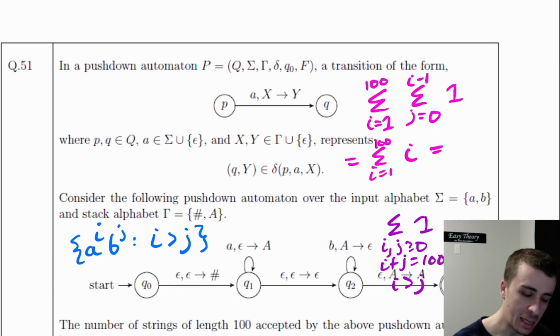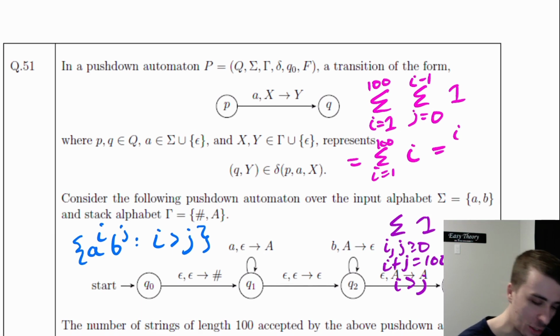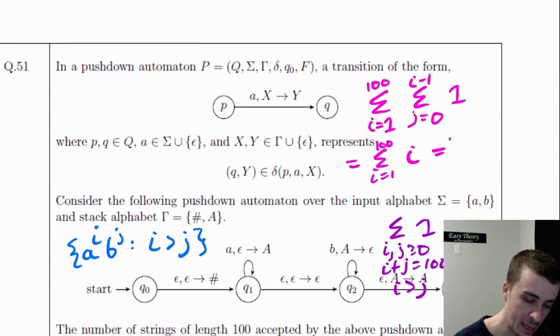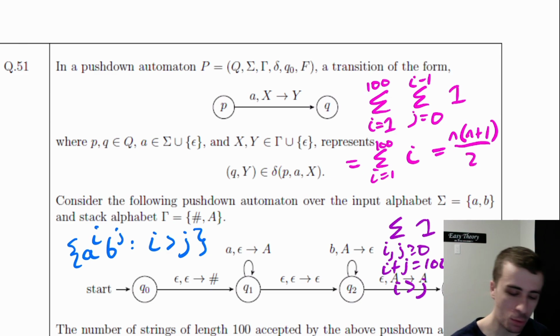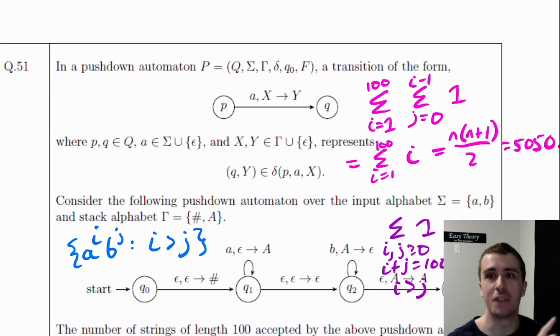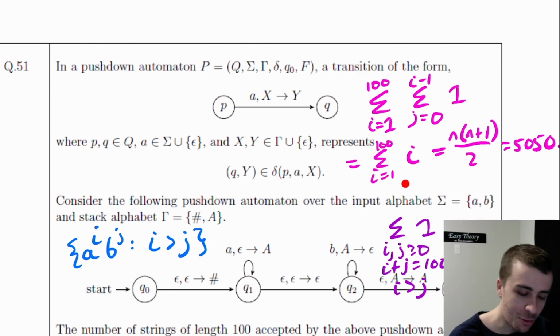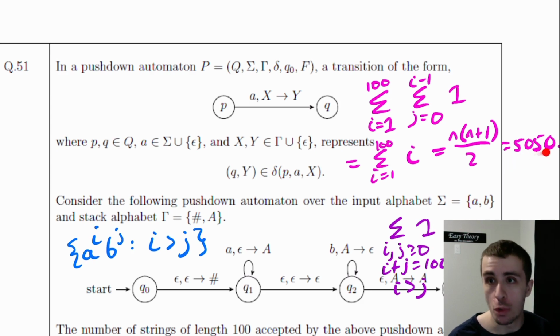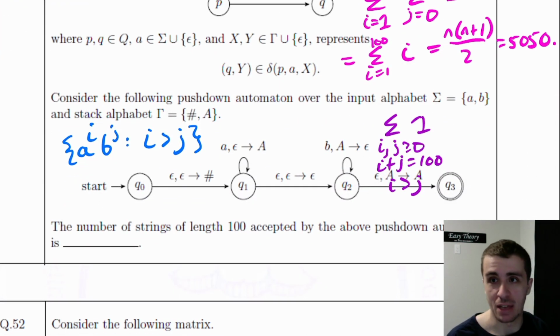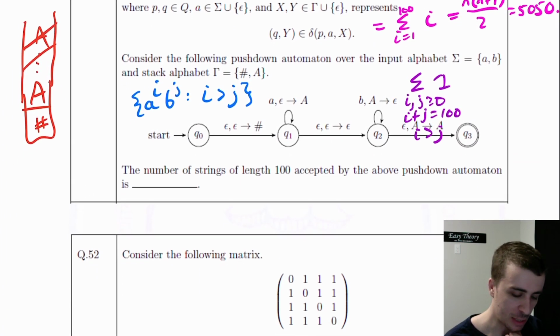Yes, that's just I. And then adding 1 to 100 is equal to, actually I should say, not this way. I should say n times n plus 1 over 2 is just adding from 1 to a certain number, which is n. And in this case, it happens to be 5050. You can see that I haven't rehearsed this because I'm doing it live. Adding from 1 to 100, I know that sum already, but you can actually put 100 times 101 divided by 2 and you'll get the same thing. So the number of strings is 5050. Unless I made a slight mistake here.